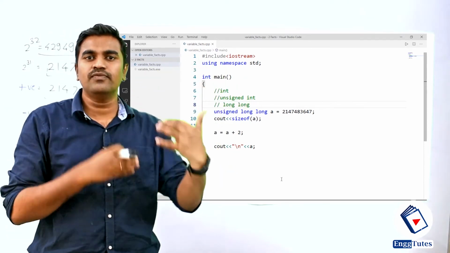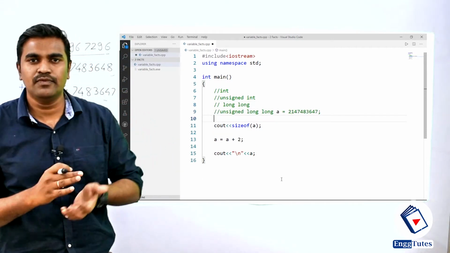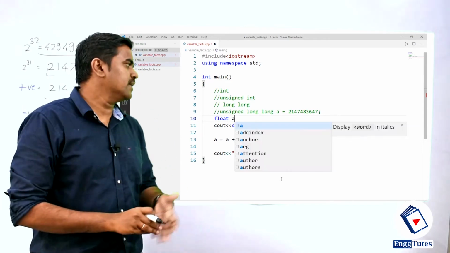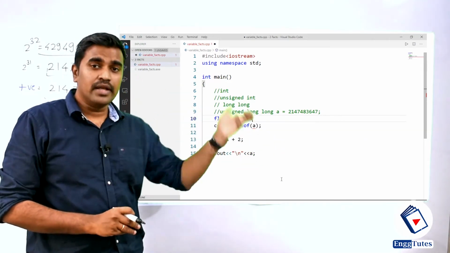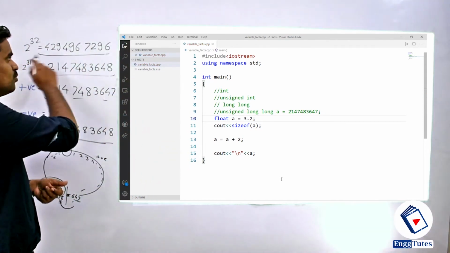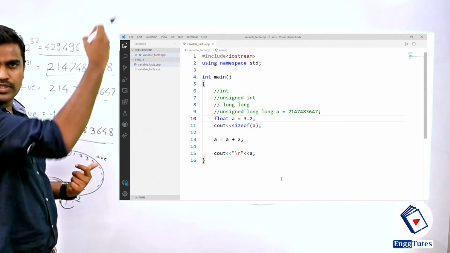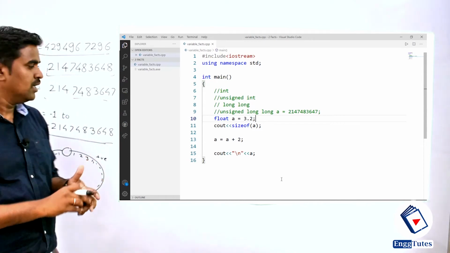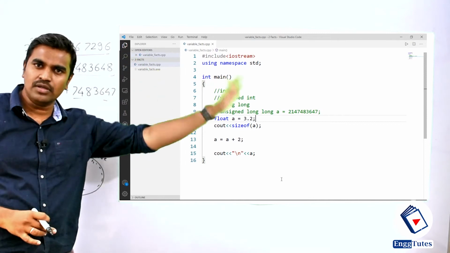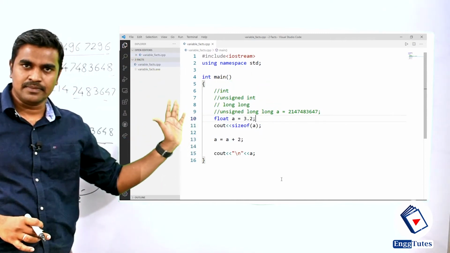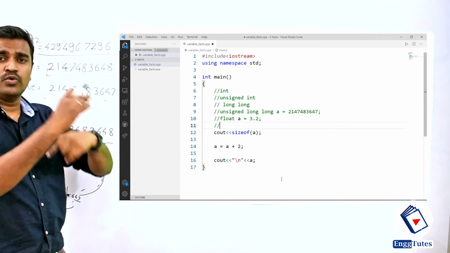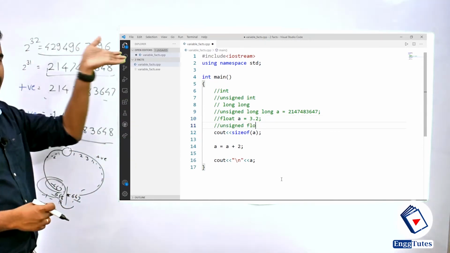Similar things happen with the floating type variable. For example, if you want to perform operations on decimal numbers, which data type do we use? That is nothing but the float data type. Again, float allocates 4 bytes of memory. So this much memory is allocated for float, through which we can perform all decimal operations. Again, for positive, negative, 0, and unsigned, it is the same for float as for integer. If you want to use this full range for decimal numbers for only positive values, then use unsigned float.